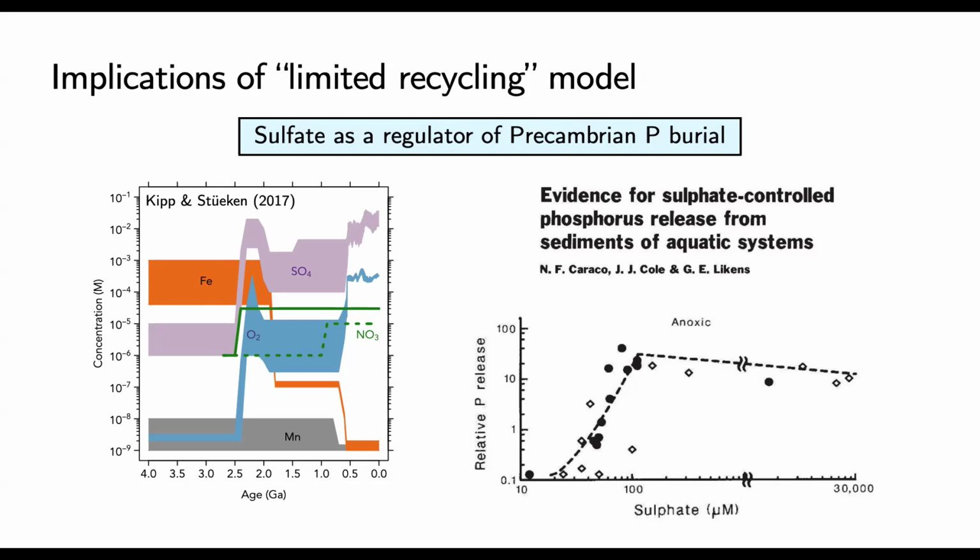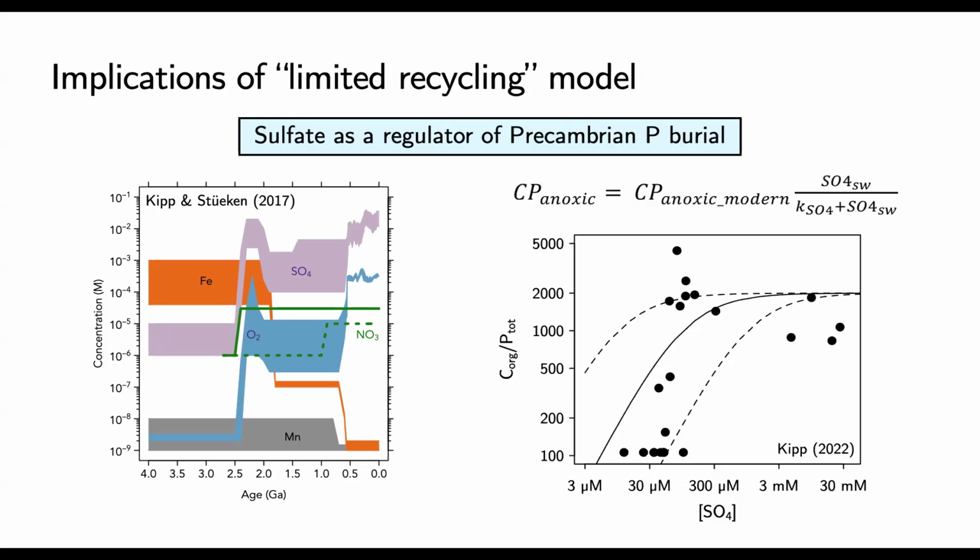So I wanted to look at the implications of that relationship, and I did it in a pretty simple way. I just took that estimate of phosphorus release versus sulfate and cast that as a C to P ratio. In other words, saying that you start with a C to P ratio of something like today, the Redfield ratio, 106:1. If you recycle phosphorus back to the water column while you respire biomass in sediments and you don't let it get trapped as apatite or bound to iron, then you'll have a higher C to P ratio in those sediments. That means the phosphorus is now back in the water column.